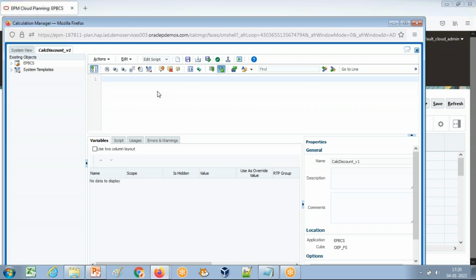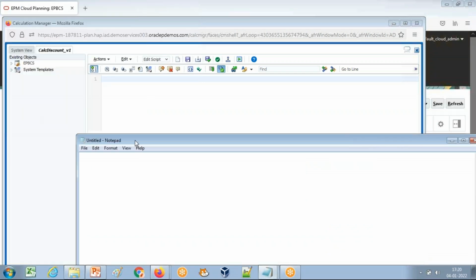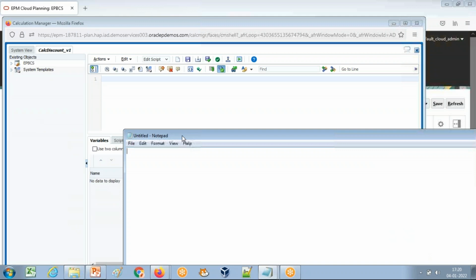So I'll be executing this example in two steps. First, we'll be invoking the calculation on save event, and in the next example, I would be showing you how you can perform the same calculation and associate this business rule on data management. So the example one we'll try today: calculating discount using Groovy script with data form save function, right?